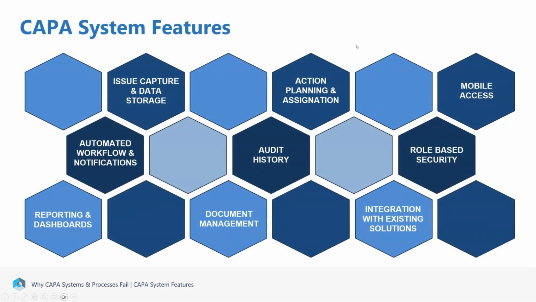So there's a few different features that you'd be looking for in a CAPA system. A few of them are listed on the page. We'll just pick a few of them out. So essentially, the priority item is to make sure that we're capturing any issues, capturing any data relating to the issues, any documents relating to the issue, and we're storing those and they're easily accessible. All of these will have a history to them, so we'll be able to see any updates, any changes, and we'll be able to see any associated actions.